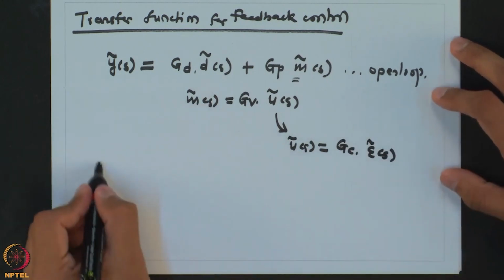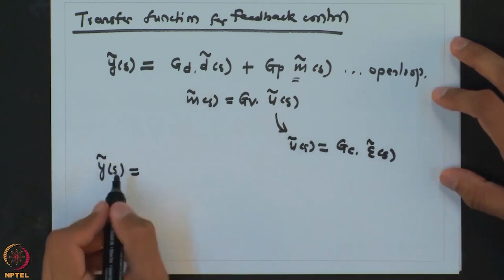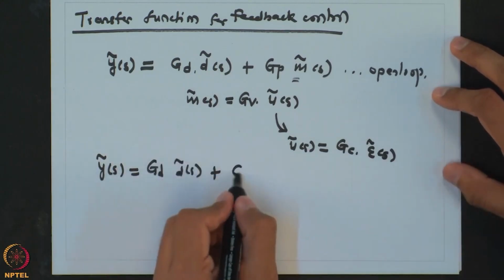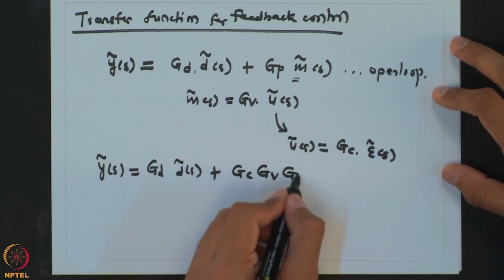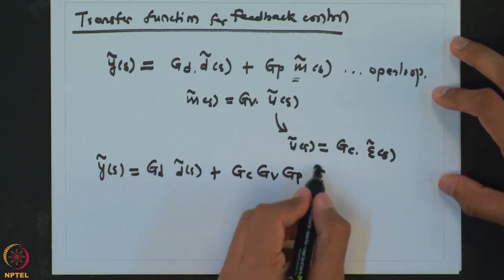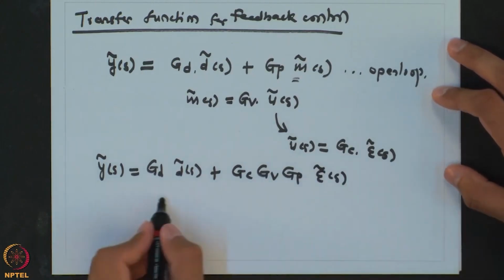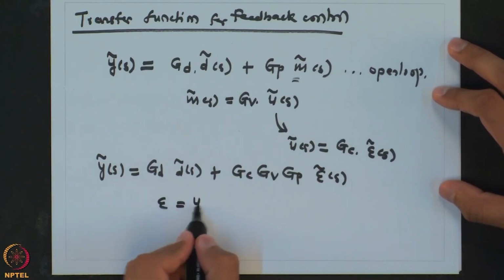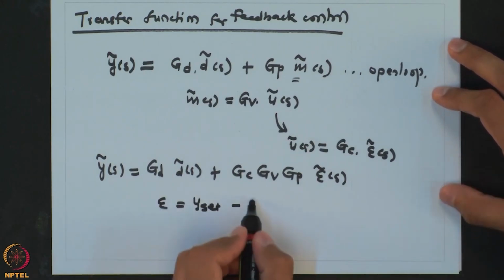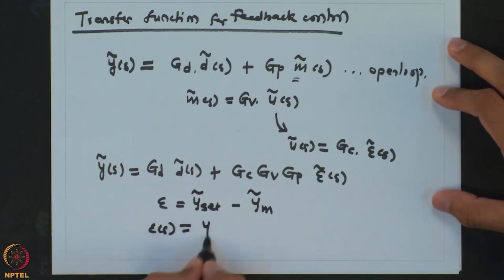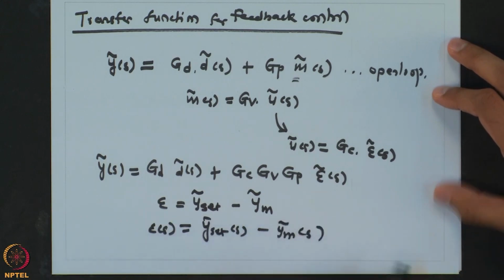By substituting these two, what we are going to get is Ys is Gd times ds plus Gc Gv Gp times epsilon s. Now, epsilon is the difference between the set value and the measured value. So, epsilon s is equal to y set s minus yms. Let us now substitute that, and what we get is